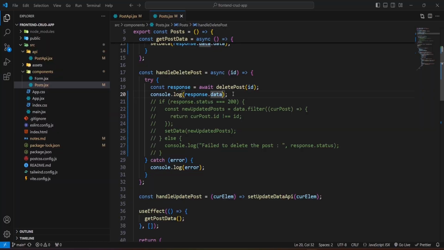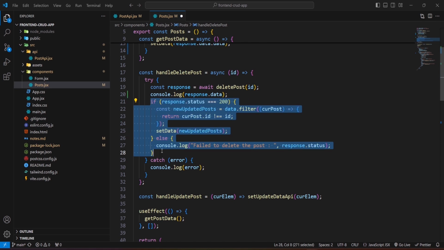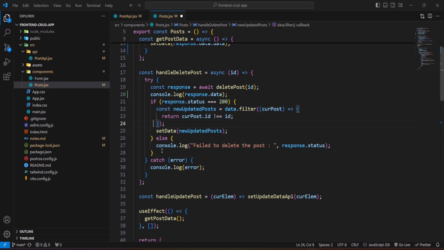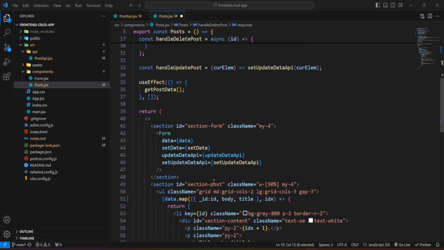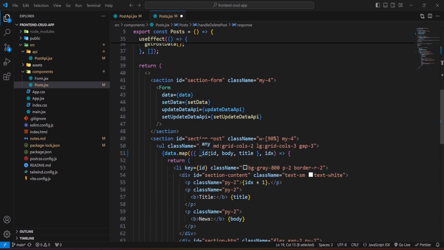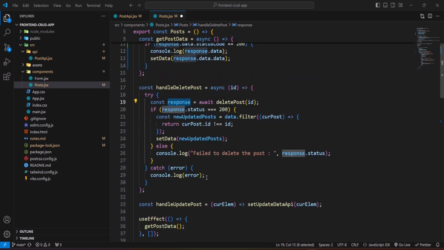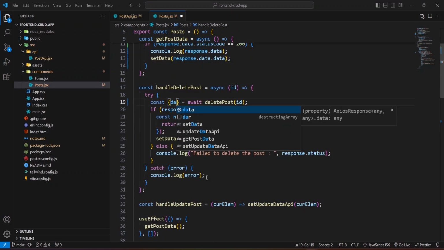Instead of doing this one, we have to do one more task here, like how in the map we did underscore id, same like we have to do data